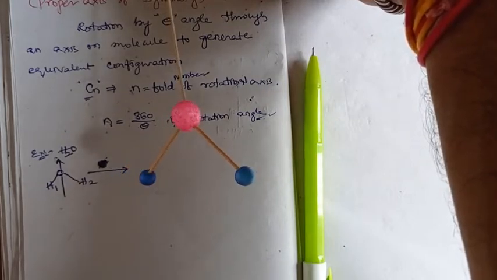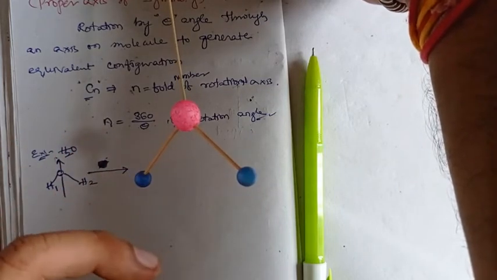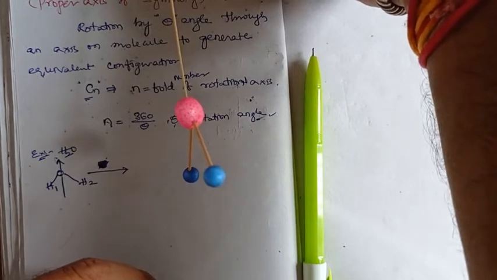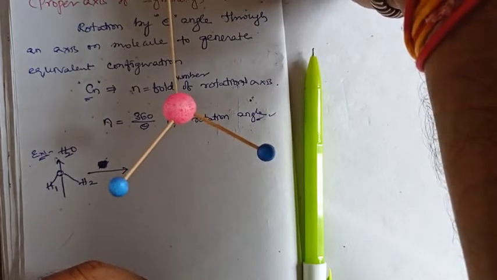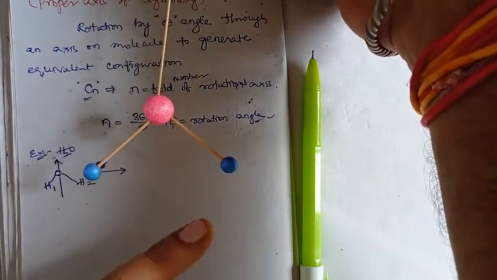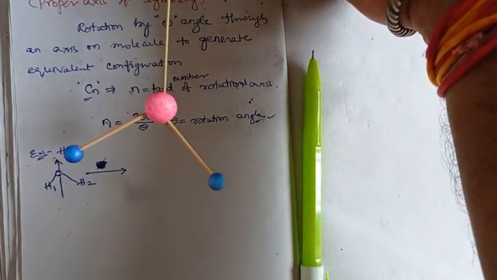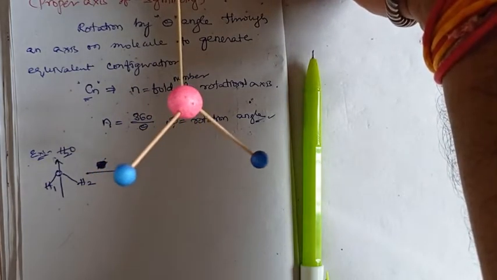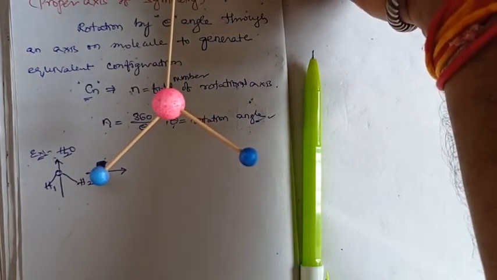Doing 30 degrees of rotation never changes the atom positions. Even 60 degrees, never changes. Even 90 degrees of rotation, never changing. 120, never changing. 150, never changing. But when it reaches 180, that's the point, the hydrogens exchange their positions. Before the 180 degrees of rotation, this is the water molecule; after the 180 degrees of rotation, the hydrogens exchange their positions.